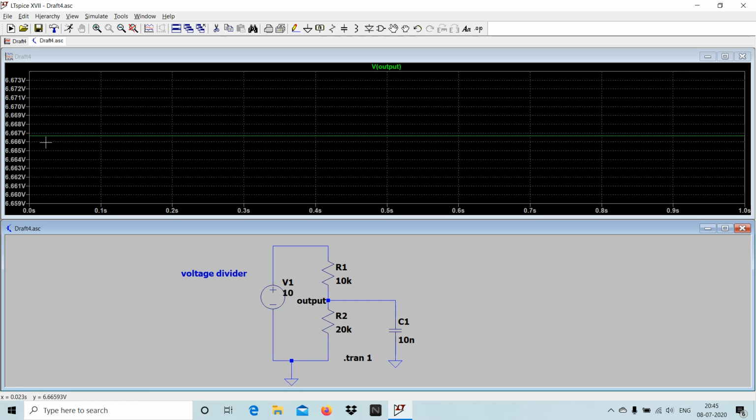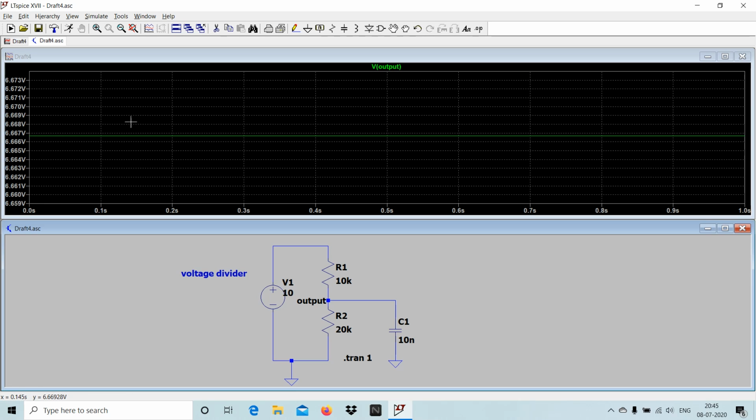Now whenever we are using a capacitor, we used to get a rise from 0 to the maximum value, meaning a ramp function, when we are using the capacitor. So here it is missing. Here we are getting a constant voltage. So how can we get that over here?